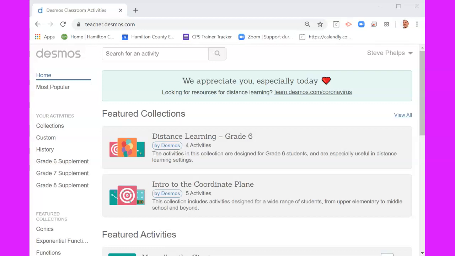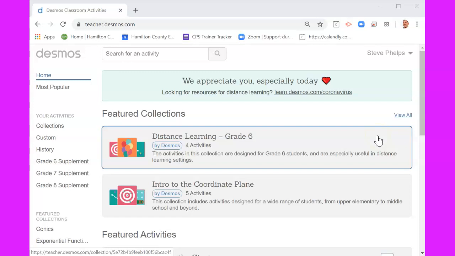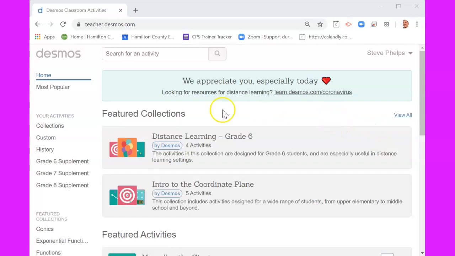Hey everyone. So I started that activity to show you how you can add some screens to a Desmos activity, and I'm trying to figure out where I go when I go back into it. How do I go back and find those activities that I created or edited or modified? Typically, if it's something that you've edited or modified, it is under your activities,